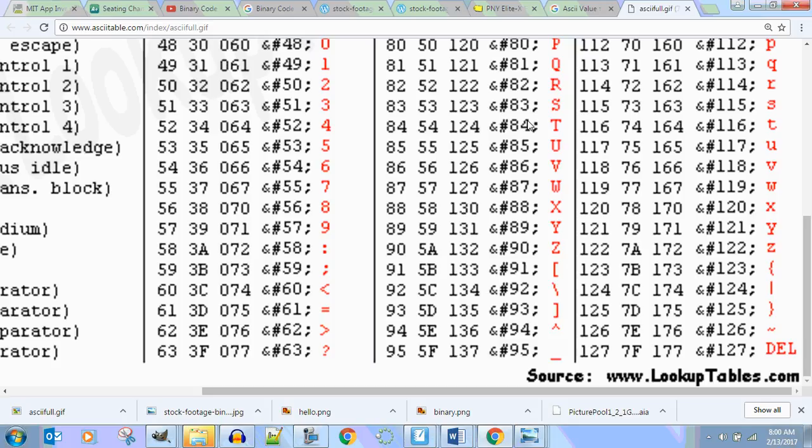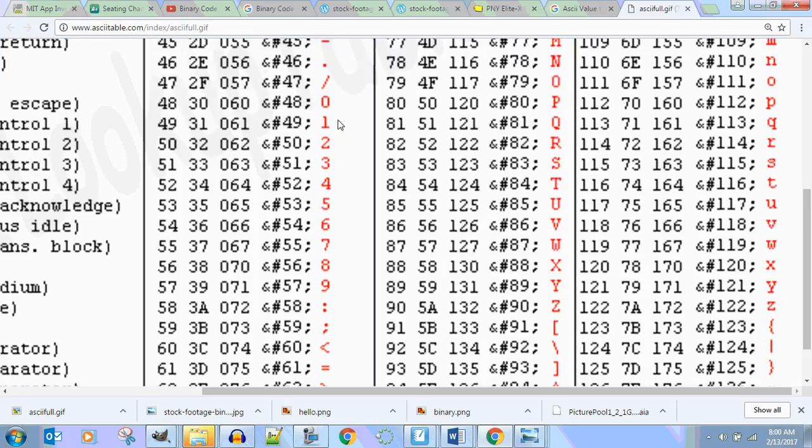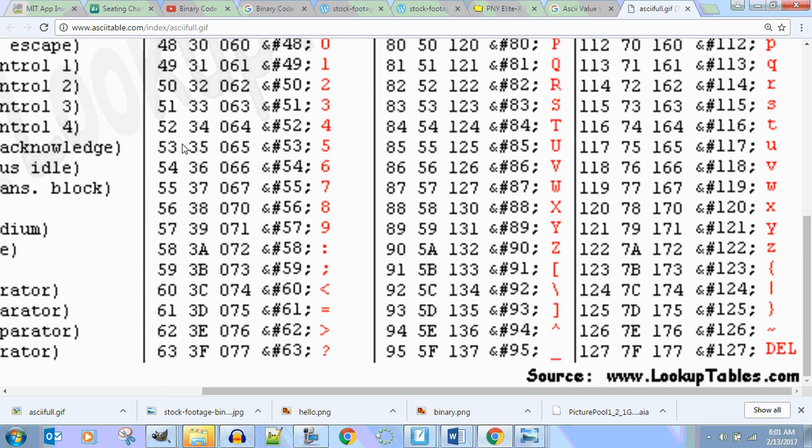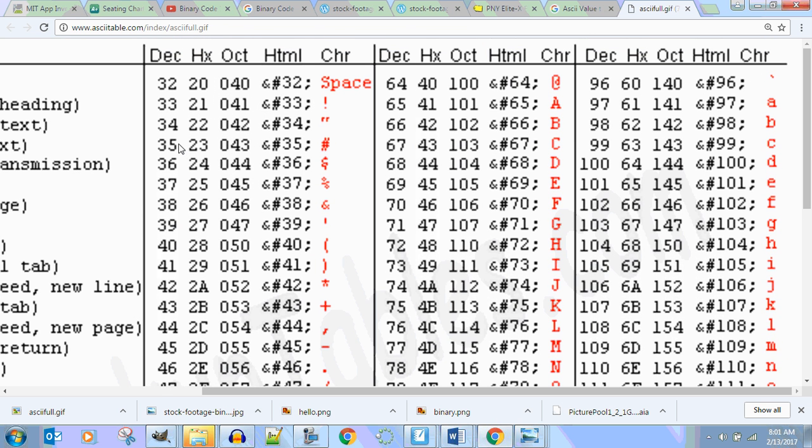This is interesting, and I think this explains something in binary. Guess what, folks? A 0 is a 48. A number 1 is not a 1. What is a 1? A 1 is a 49. Do you understand that? So next time your math teacher puts 49 on the board, you're like, dude, there's 1. I've been looking for 1 the whole time. A 1 is not a 1, it's a 49. An A is a 65, a lowercase a is a 97.